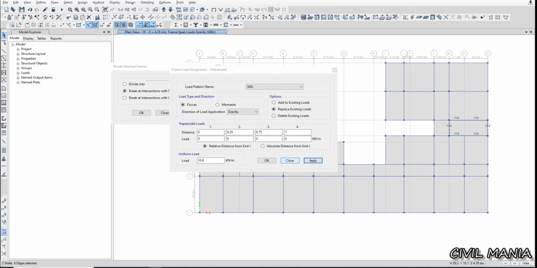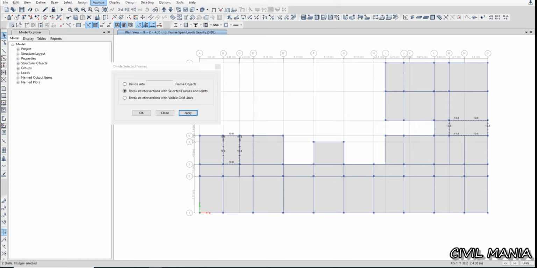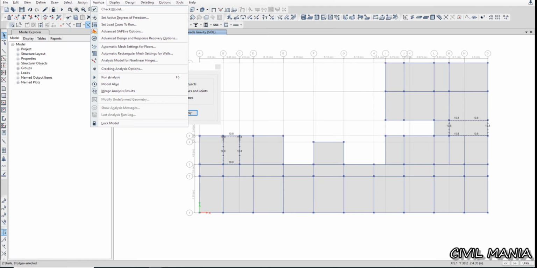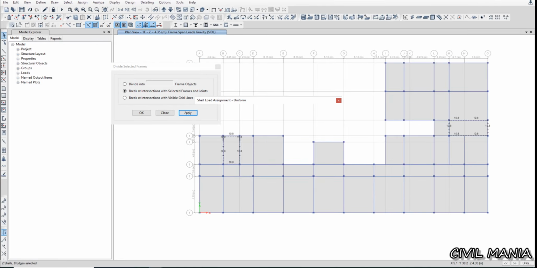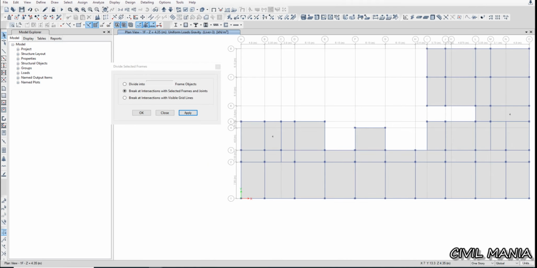So here we have to apply the shell load of greater than 4, only for the staircases, and in the remaining others we have to apply the,